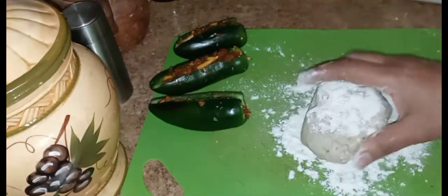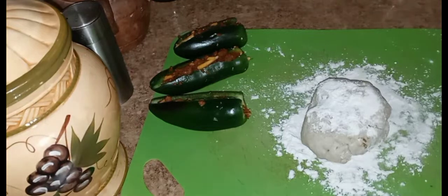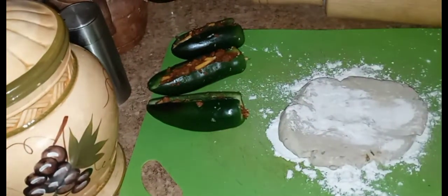Here I have some pastry dough, which is the dough that I use all the time for my empanadas. I'll leave the link to this recipe at the end of the video. It's a very simple recipe. Okay, what I want to do is first actually